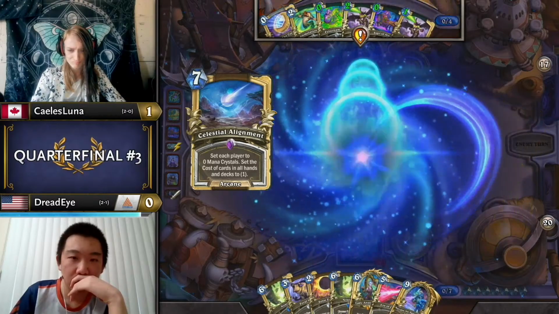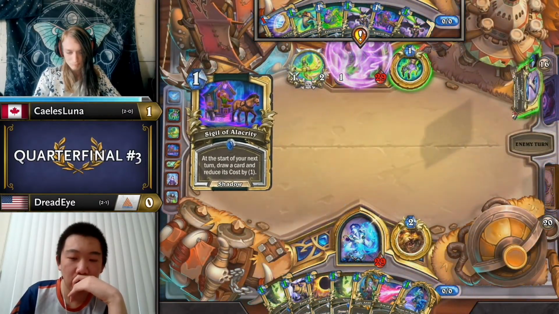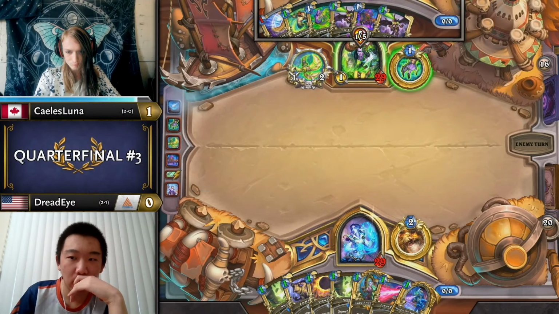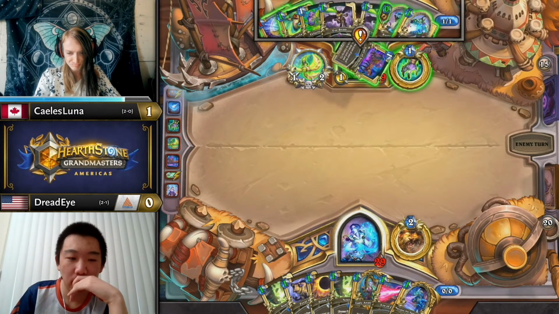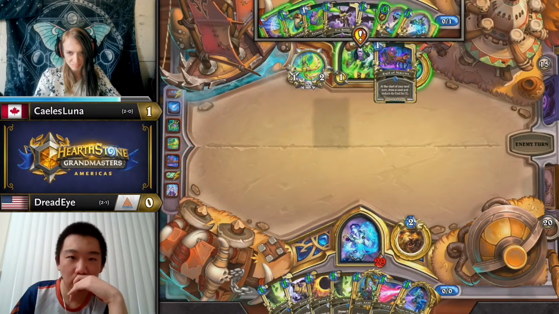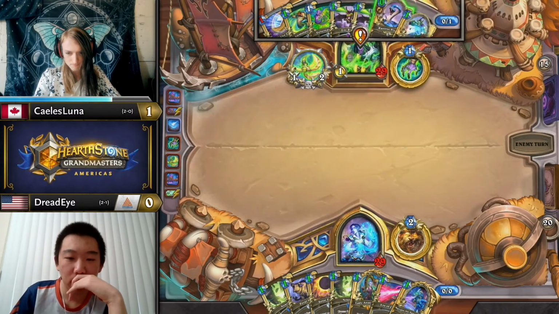I just thought of something. You could play this deck very differently, and I'm sure there's many reasons why this is really dumb. But what if you didn't do any of the quest things at all until the alignment was played? And they just reduce. Yeah, I mean, I think the problem is that it's not a bad idea, but